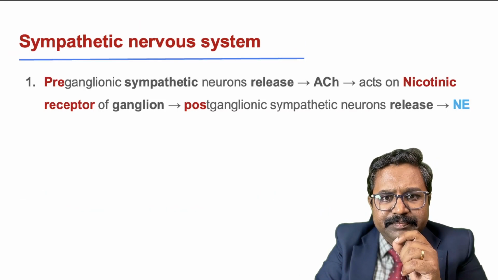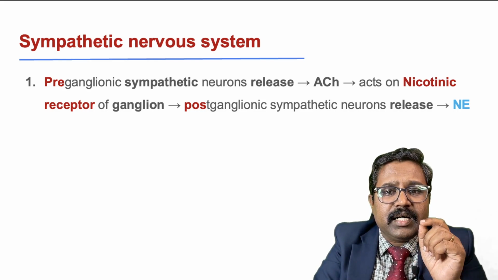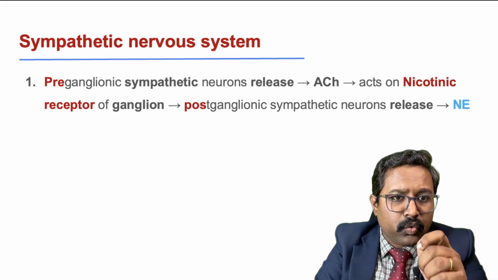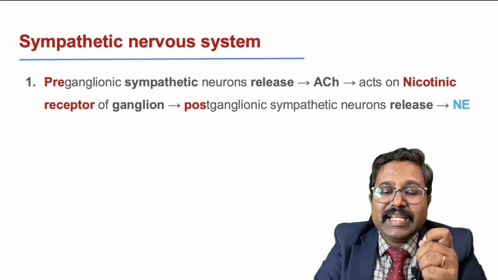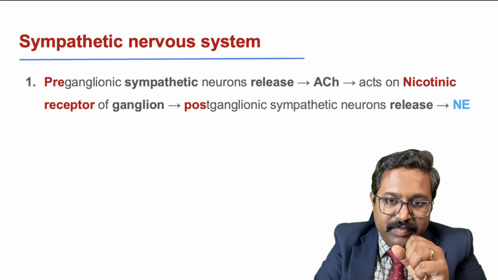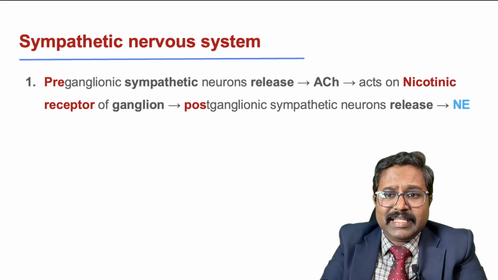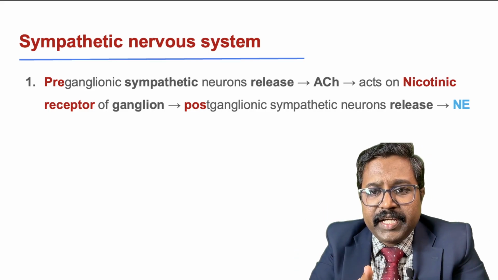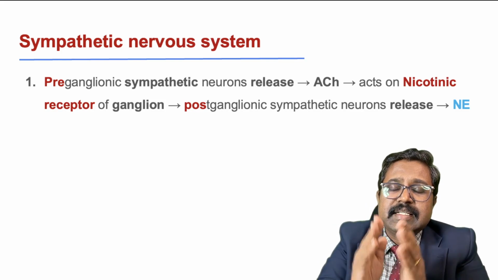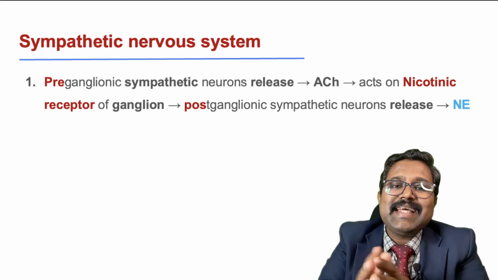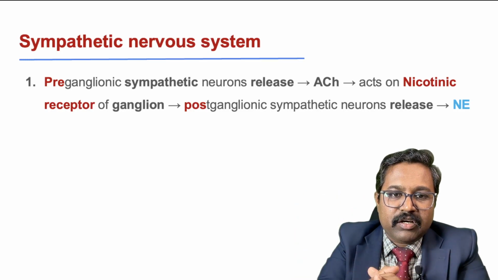Next, coming to some very important points to remember: preganglionic sympathetic neurons also release acetylcholine as a neurotransmitter. All the preganglionic neurons, whether parasympathetic or sympathetic, release one type of neurotransmitter, that is acetylcholine. So acetylcholine will act on the nicotinic receptors which are present on the ganglion, and